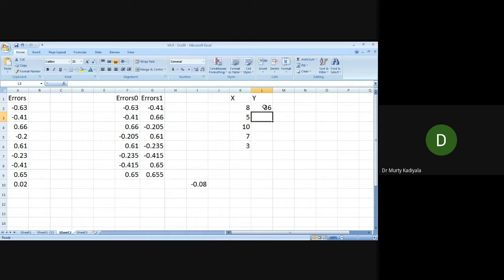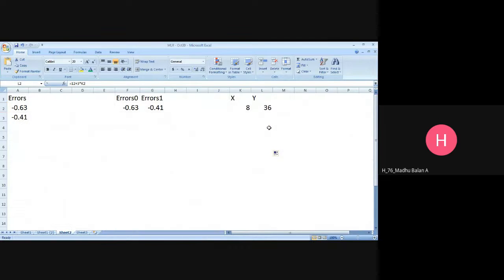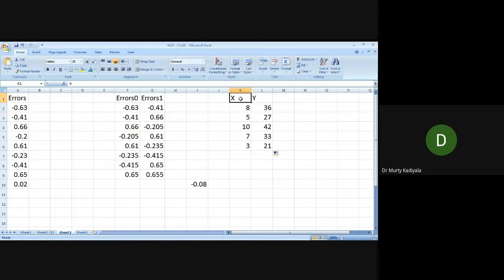So don't you say that this X and Y are perfectly related now? Yes, sir. See, every value is 12 plus 3 times this number. What is 3 times 5? 15. 15 plus 12 is 27. 3 times 10 is 30, plus 12 is 42. Right, very good. So if you plot these numbers with a scatter plot,